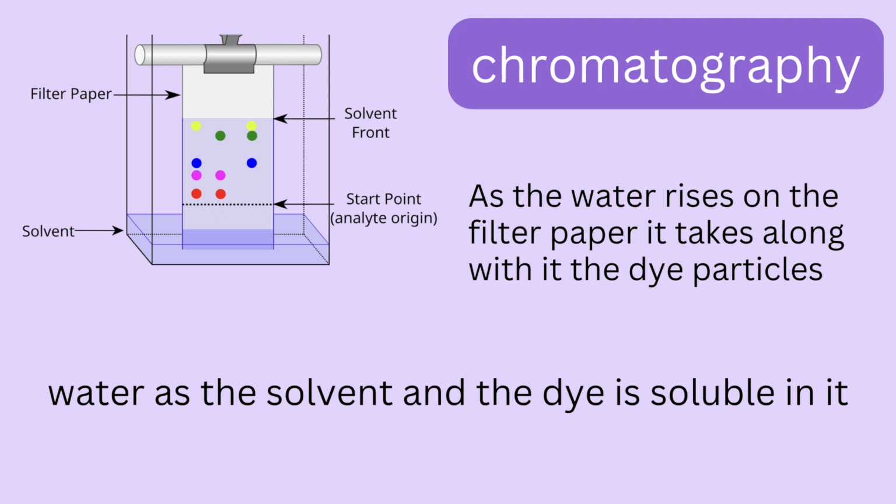Now water is the solvent that we also have currently in the vessel, and this dye is soluble in it. So this dye is dissolved in the water that is rising with the vessel's water. The filter paper absorbs the vessel's water and the water level is rising in the filter paper, and